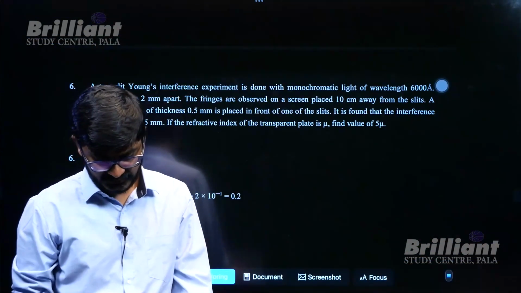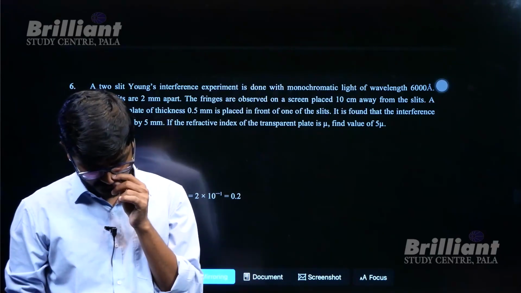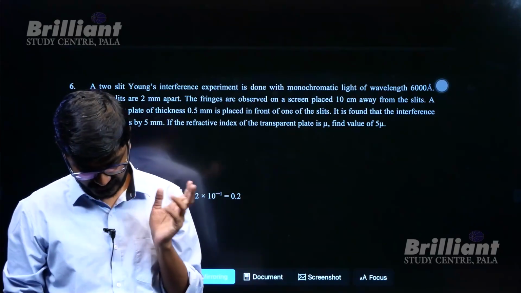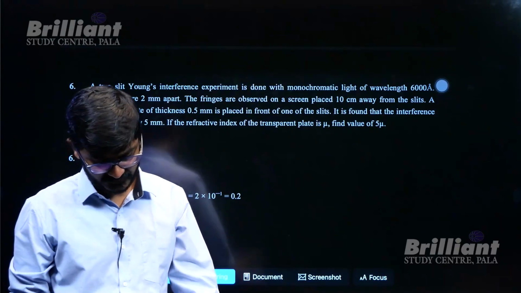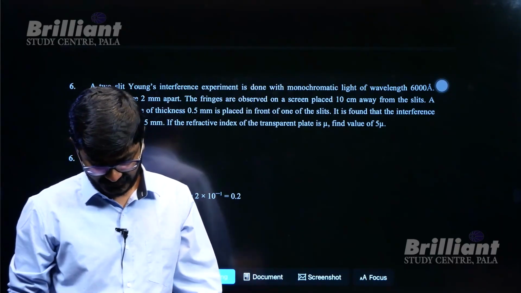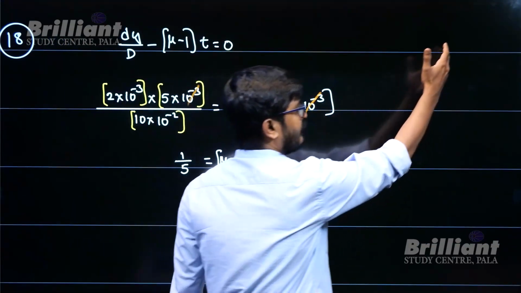In a double slit experiment, wavelength 2 millimeter, fringes are observed. A transparent plate of thickness is placed, and it is found that the interference pattern shifts by 5 millimeter. Find the refractive index. So, in YDSE, if you take any point on the screen,